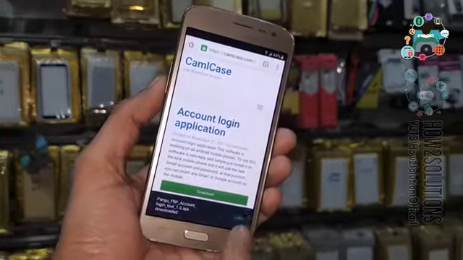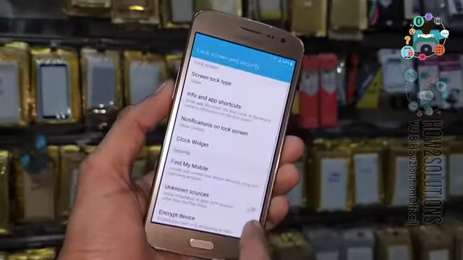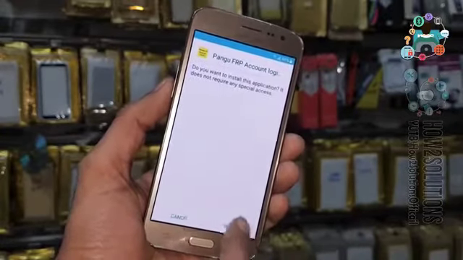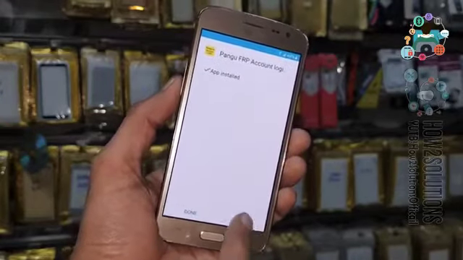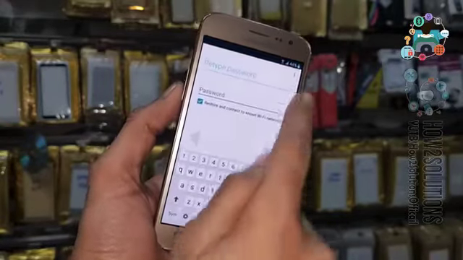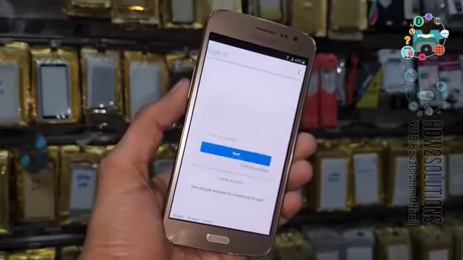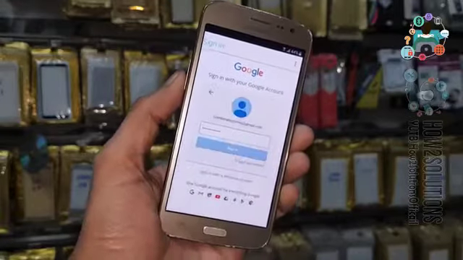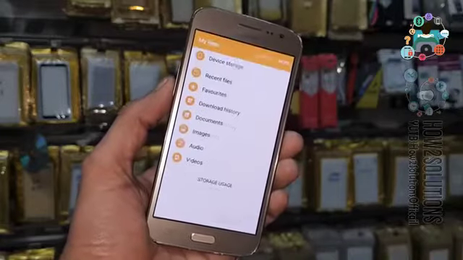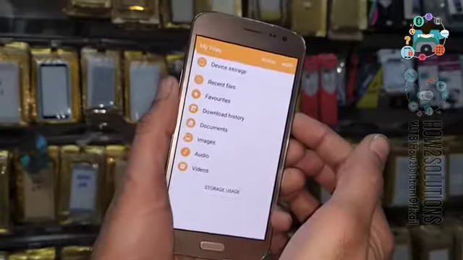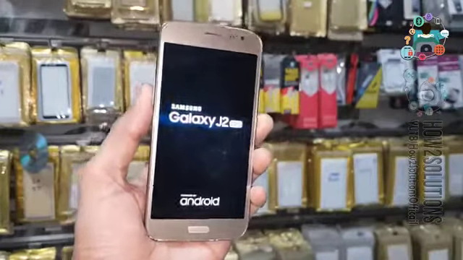Now the application has been downloaded. Click on this application and install this application also. You have to install Google Account Manager first, otherwise you will receive an error while installing this application. Now click on the 3-dot menu, browser sign in, and you have to enter your email address and password here. I have entered my email ID and password. After I enter the email ID and password, you have to reboot your device. Just click on the start button. I have fast forwarded this clip.